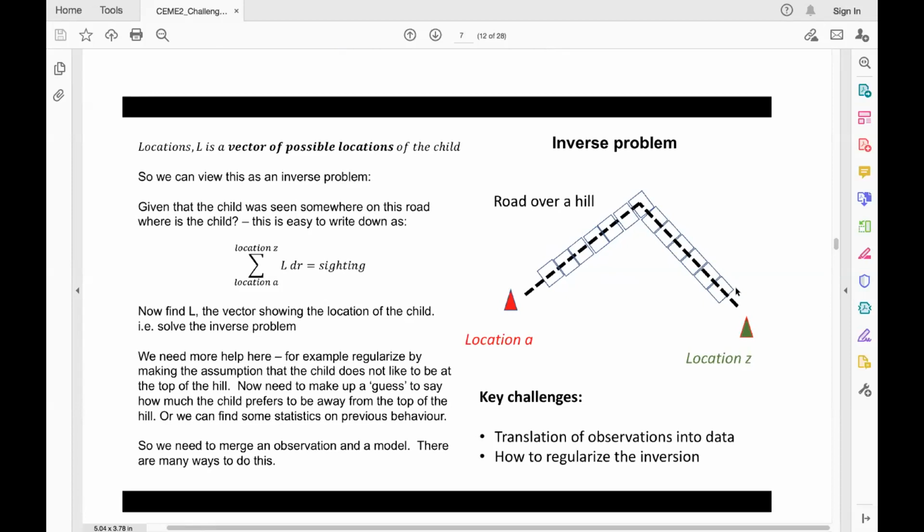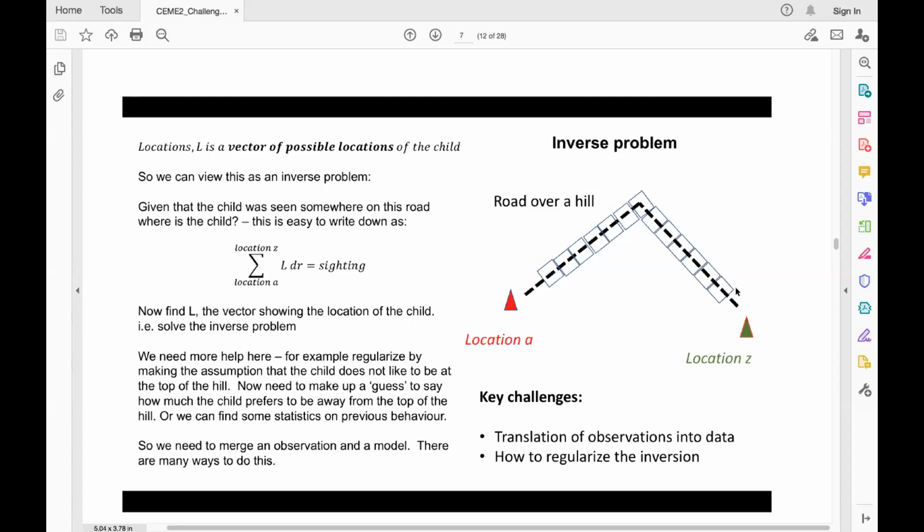And if we set up the problem like that, we can immediately say it's an inverse problem. The inverse problem is such that the sum of all the locations along that path are equally likely, as far as we know, because there has been a sighting, but we haven't been given the specific location. That's what the pseudo equation on the left-hand side represents: the integral, or the summation, of the discrete points along the path is equal to the sighting. And we can't solve it because all we know is the child was along the path. There is no unique solution to that problem at the moment.